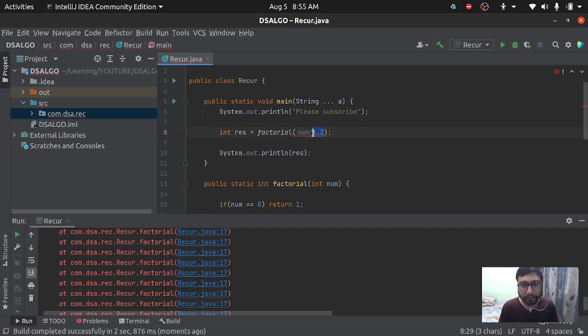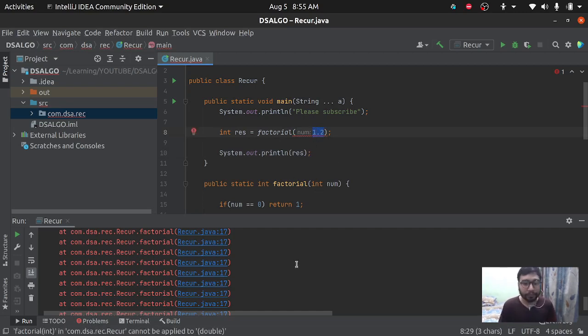So Java will give us an error at compile time only, so we don't need to consider passing a floating point value into our function explicitly. Java will take care of it. But if it's a dynamically typed language like Node.js or Python, we need to take care of this as well. If we are expecting an integer and we are passing a floating point or double value, we need to take care of that as well.